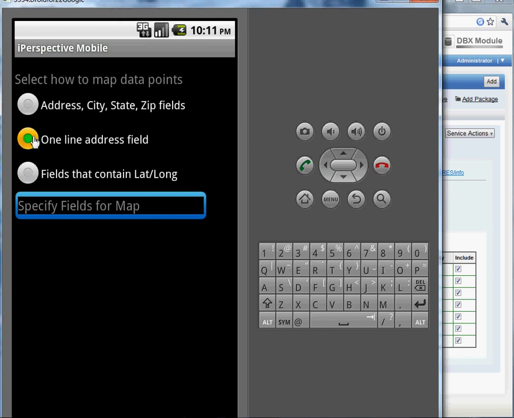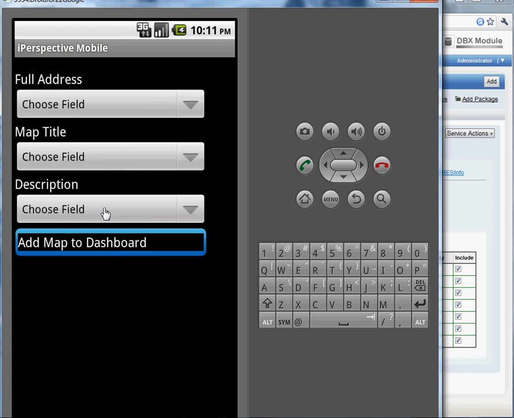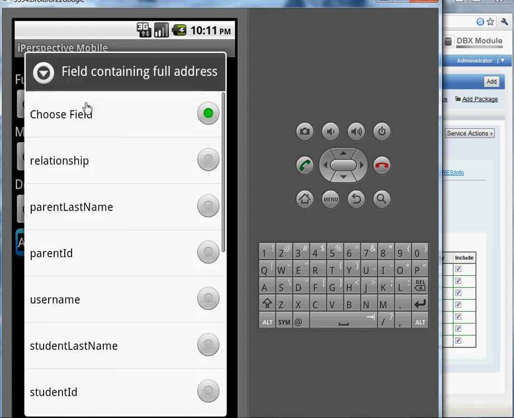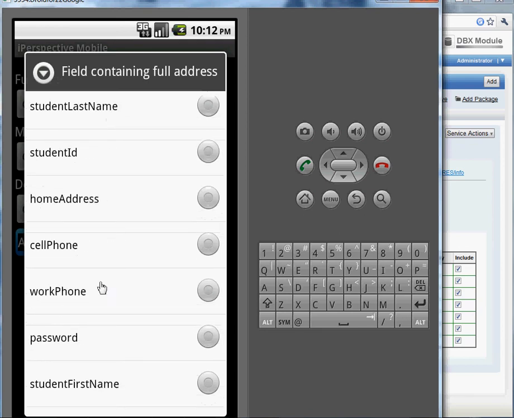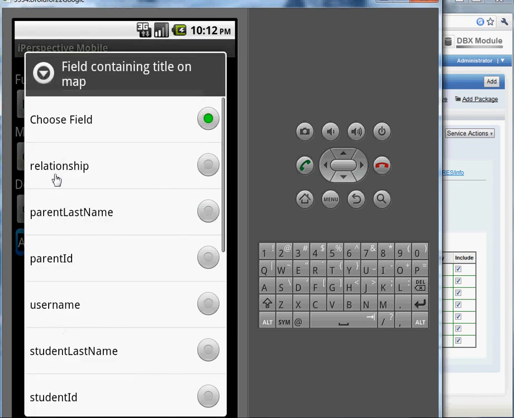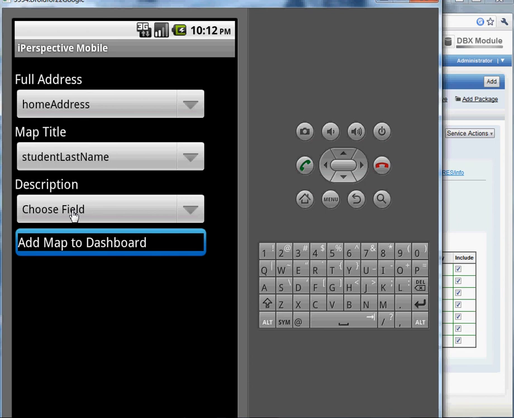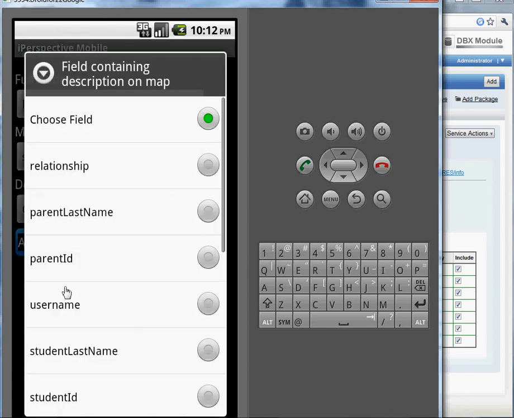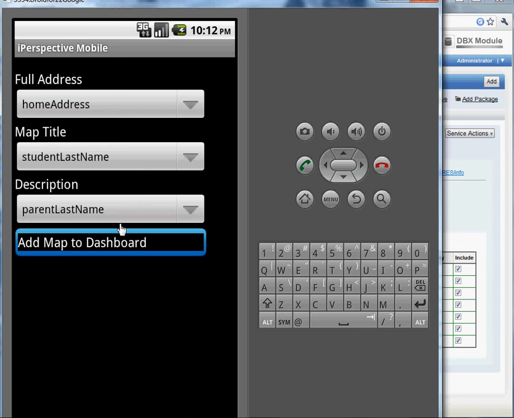And again, if I say one address line, for example, then I have to choose which field contains the address for this. That might be the home address. And then what I'm going to show on the map. Maybe I want to show the student's last name, and then a description for that. And when I add that to the dashboard, it's going to show up as a map every single time I